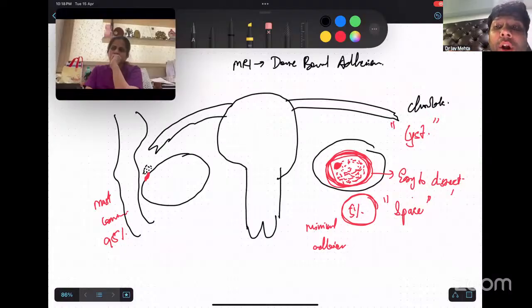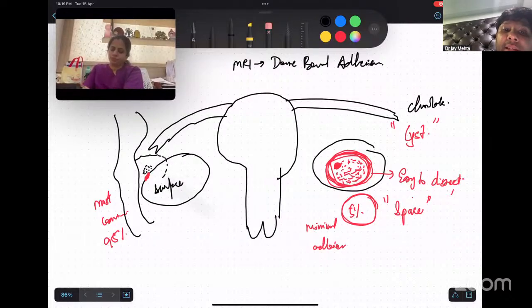Why did the bowel not go and get adherent in a dermoid cyst? Why did the bowel not go and get adherent in a serous cyst? Because all of them are intra-ovarian pathologies. Understanding? Endometriosis is one condition where it is a surface pathology also in most of the situations due to exophytic growth. This then causes walling off, and then this exophytic part becomes the endometriotic cyst, which is filled with chocolate